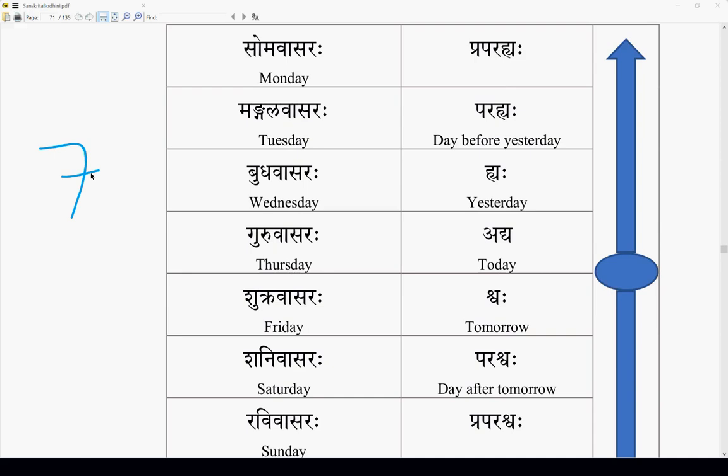For example, Pakshi, bird. Why is it called Pakshi? Paksha means wing. Because it has wings, it is Pakshi. And it is called Khaga. Why is it called Khaga? Because Kha means Akasha, sky. Ga means going. The short form of Gachati is Ga. So Khaga, it moves in the sky. Does that mean Khaga can be used only for bird? No. It is used for whatever moves in the Akasha.